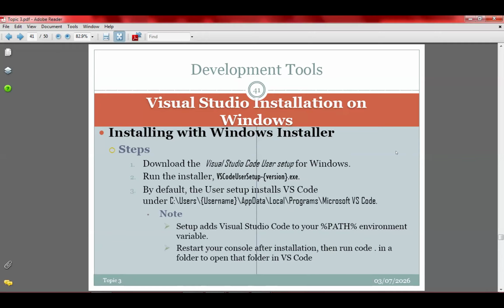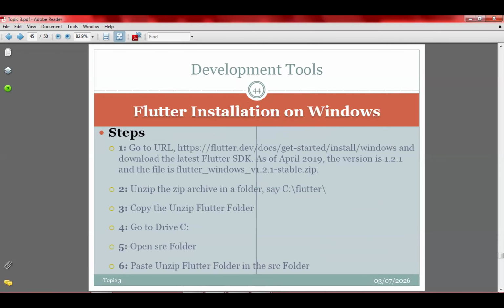Please, with the Visual Studio Code, when you are downloading and installing, make sure your internet is on. Download and install when your internet is on. Make it live, because all 4 tools, as you are installing them, may be downloading certain features from the internet as well. So for all the tools, the Visual Studio Code, the Flutter framework, the Dart programming language, and the Android Studio, as you are installing them, let your internet be on. Now let's go to the Flutter. How do we install the Flutter?